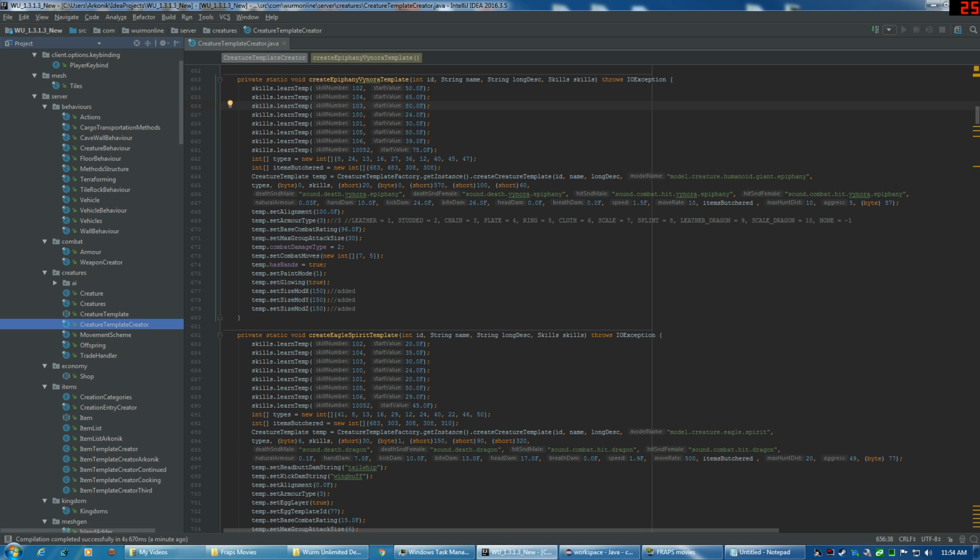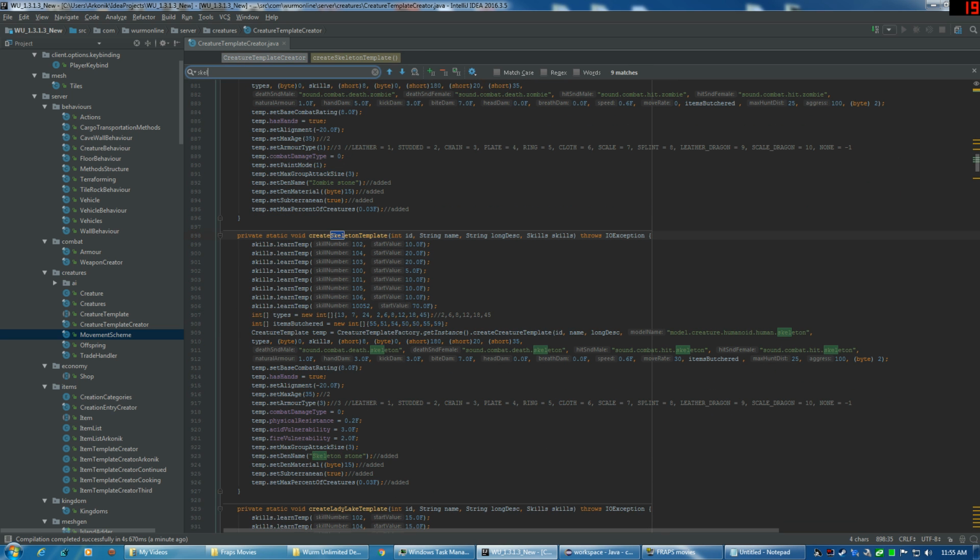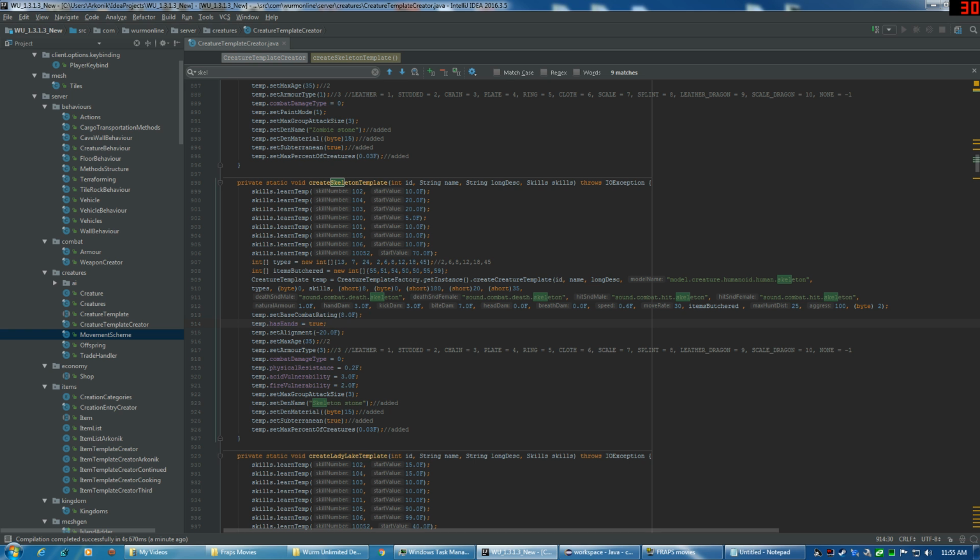Anyway, we go in here and we're going to find the skelly. If I do it right, get my search window open. Okay, so we got the skeleton template, and basically what your problem was right here